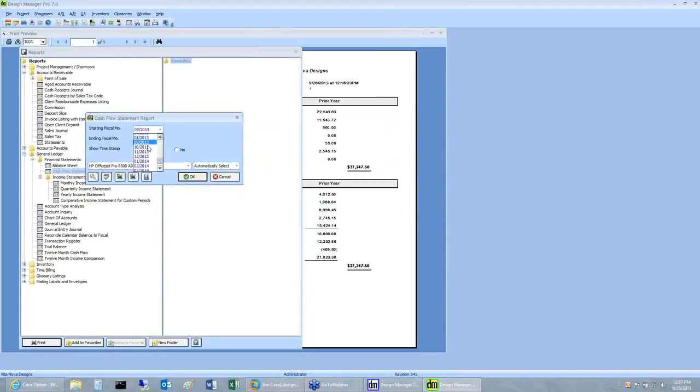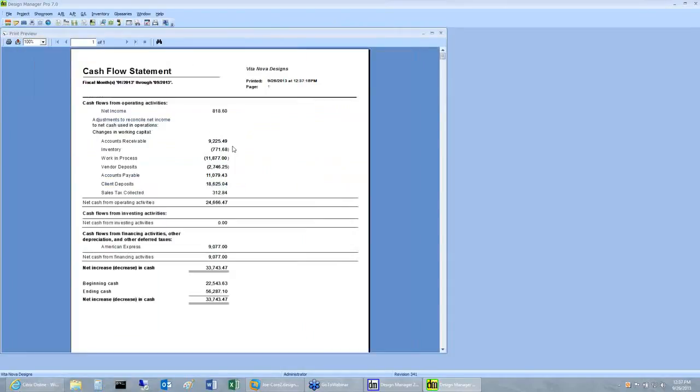I'll do it from the beginning of the year. You can pick any period range here you want. Let's see what we get. So I'm doing it from the beginning of the year here. So what the cash flow is saying is that if you remember on our income statement, we had the $818